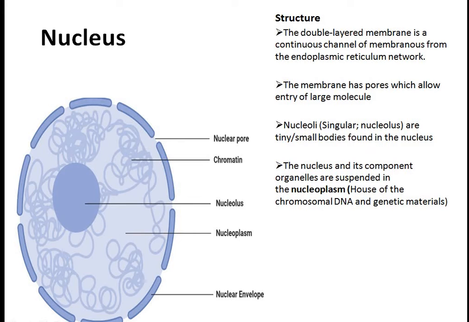So this is the structure of our second organelle that we have to discuss today. This is called nucleus. This is the information center of the cell. Why am I saying that it is the information center? Because it contains genetic material. We will go through the function later. First, let's see what's the structure of nucleus.